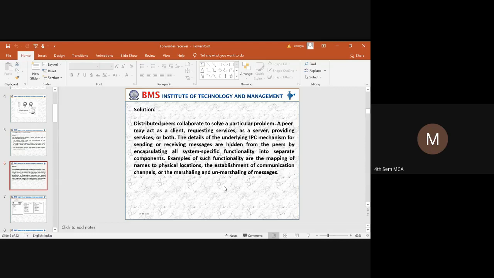So before requesting the service, the communication channel will be established. Once the communication channel is established between a client and a server, the client sends a request. Whatever request the client is sending will be treated as a functionality and will be encapsulated. To encapsulate that, we use the mechanism of marshalling. At the receiver end, the receiver will identify who the sender is, and at the receiving end, the message has to be unmarshaled.